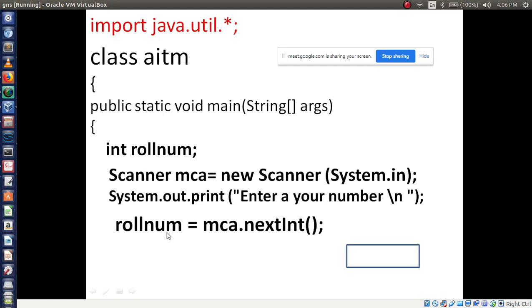What, Kiran? Kiran, I want to display the number in this variable. So now what to do? Print back. How to print this number? Tell me, Kiran.